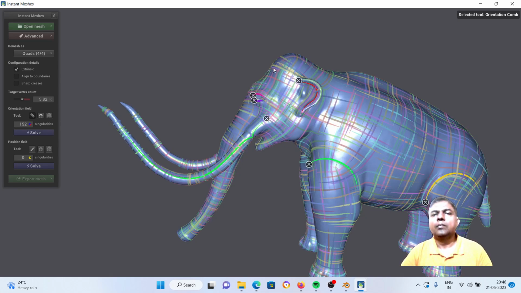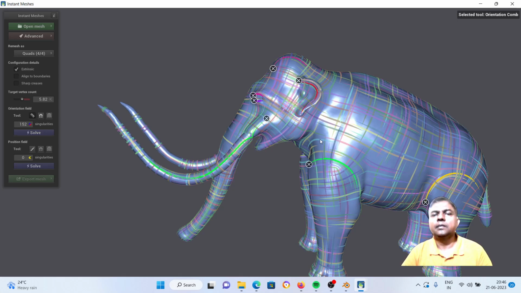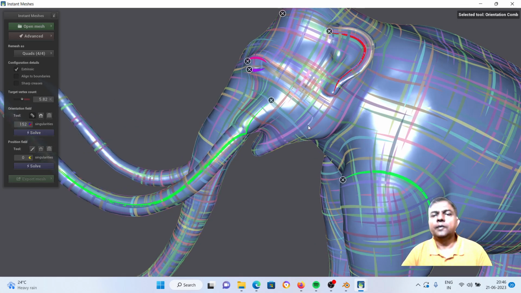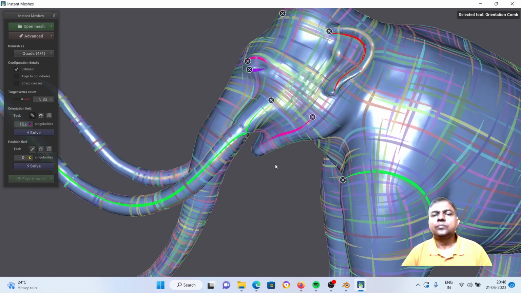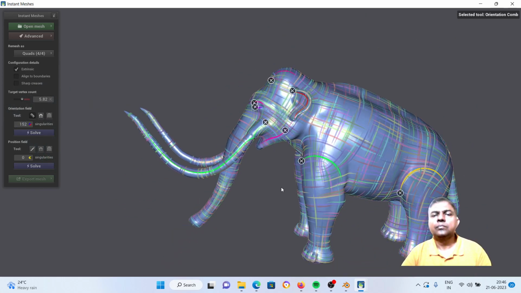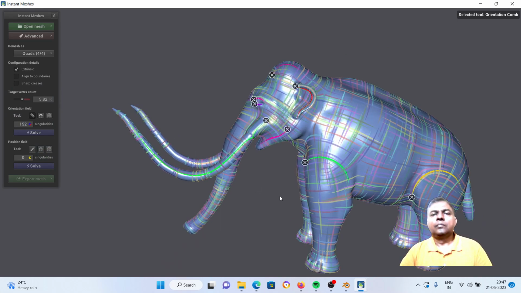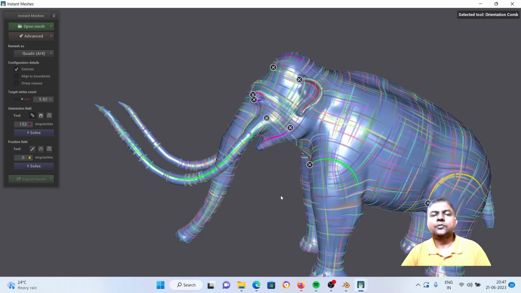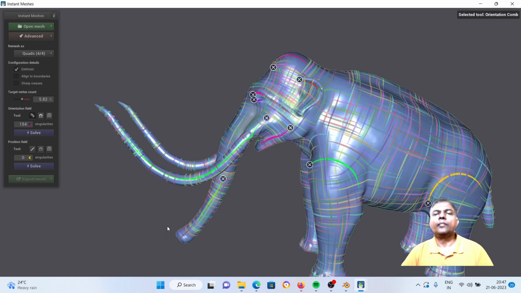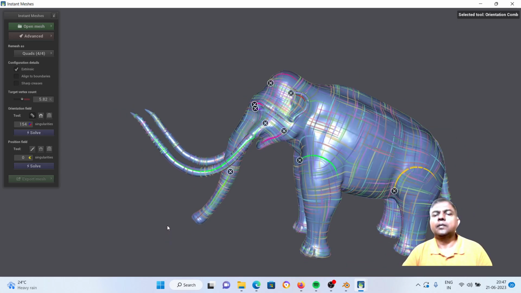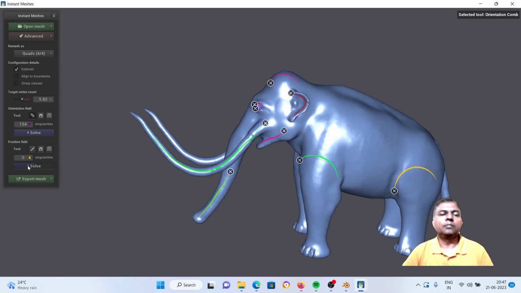Okay. We create a flow for the head and the temple region. We create a flow here. Basically, we can create a flow for the trunk. So mostly, I think this should work. Then you click the solve button here,